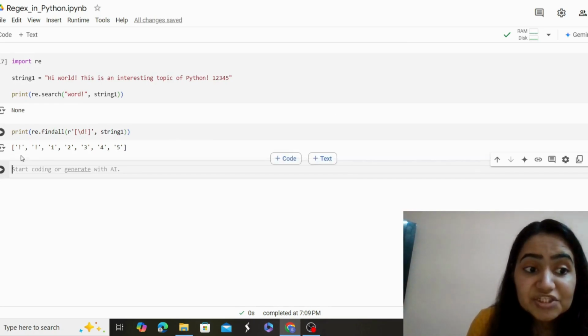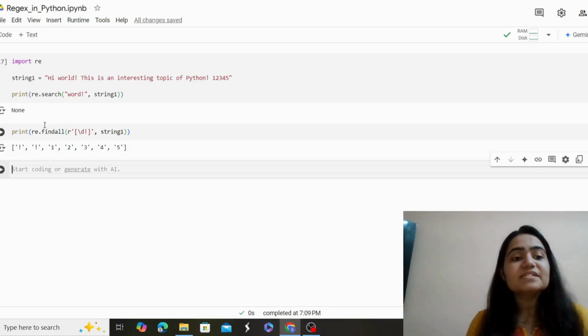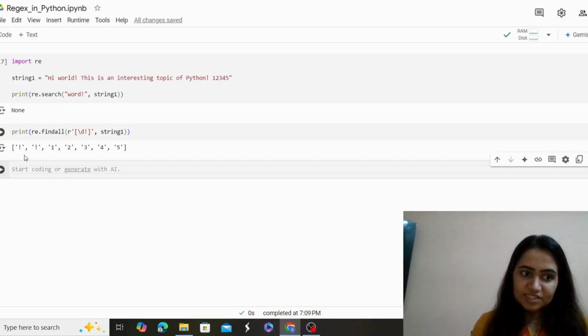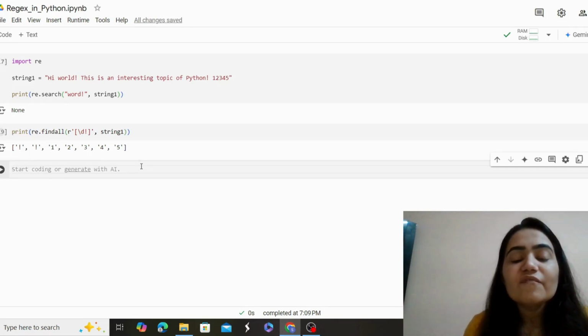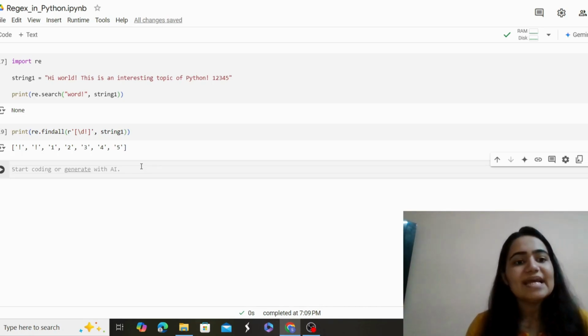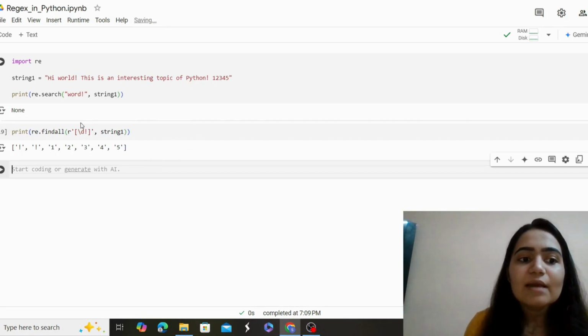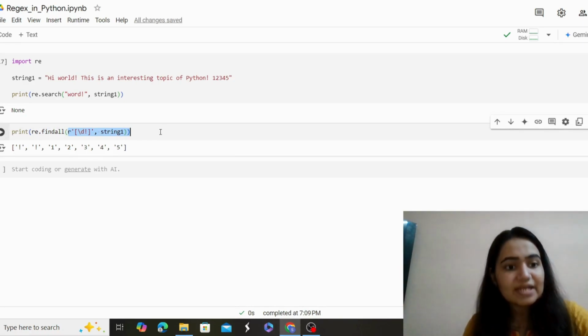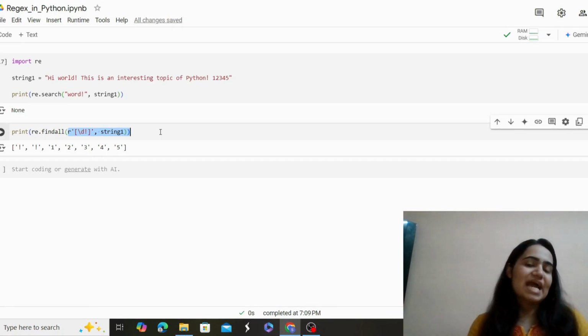So now exclamation is given here because there are two exclamation symbols. It is easily able to identify the exclamation character in the string, find that and return me in the list of characters. Also 1, 2, 3, 4, 5 are treated as individual characters or numbers or digits in the string. Hence it has given me 1, 2, 3, 4, 5 because I wanted to actually find all the digits in the string and also all the exclamation characters in the string.